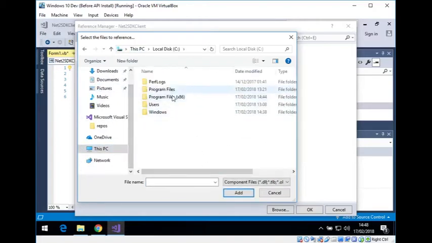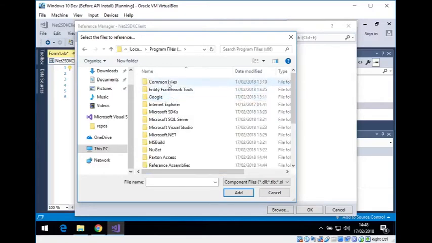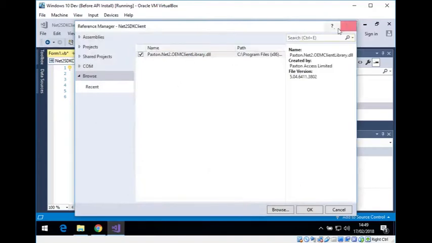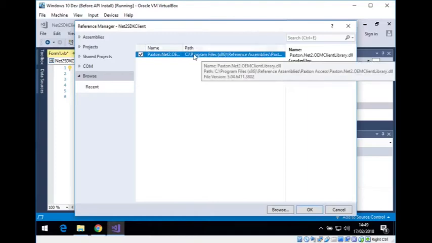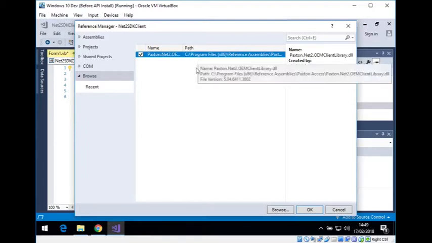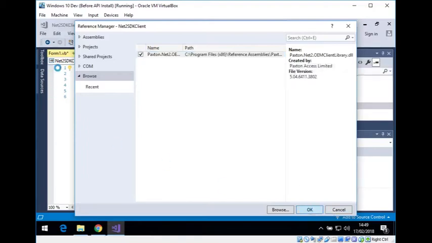If I remember correctly, it's under Program Files, Reference Assemblies, Paxton Access, Paxton Net2 OEM Client Library. So just to show you there, Program Files x86, Reference Assemblies, Paxton Access, and then the Paxton DLL that's in there. So we've added that as a reference,